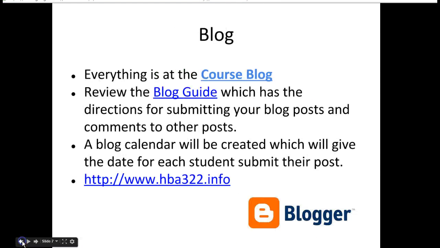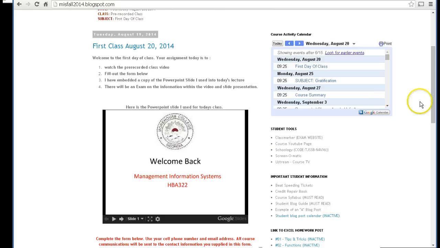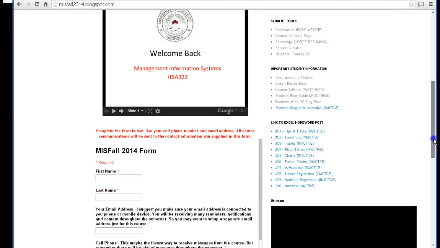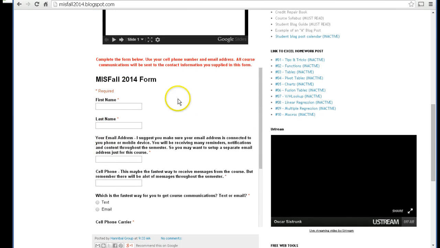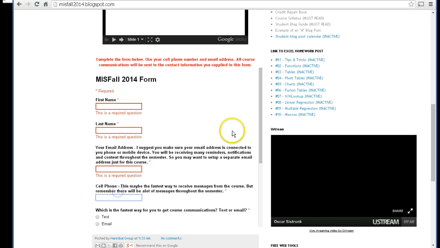See if I've got a copy of that form. Here it is. Remember, we talked about this form, which is on our blog right down here, at the bottom of the page. Just fill this out. Put your name, last name, your email address you want to use, your cell phone number,